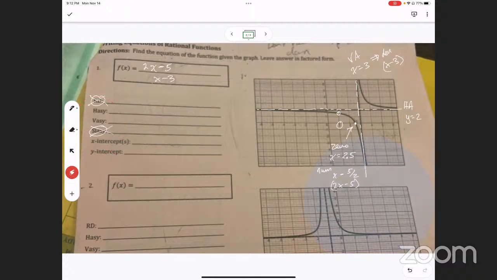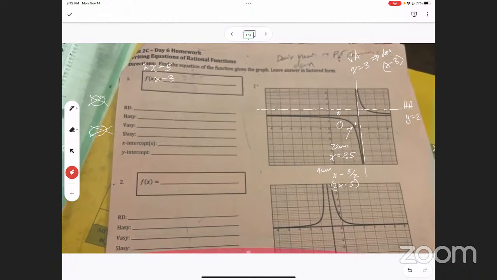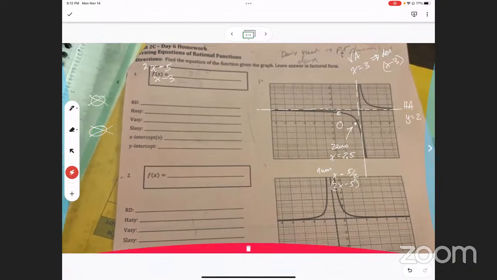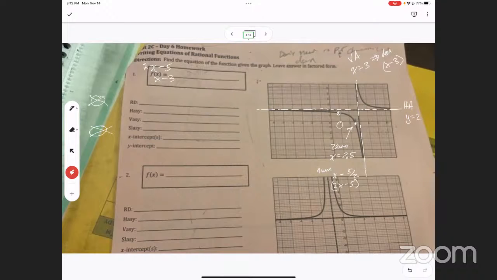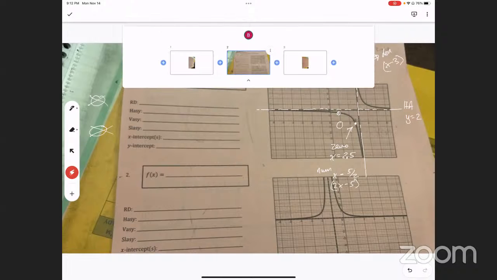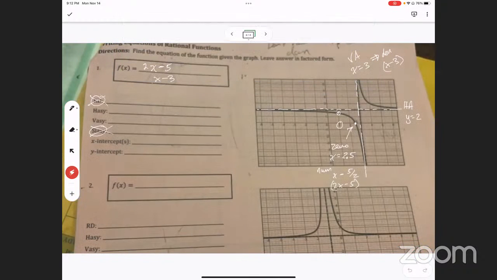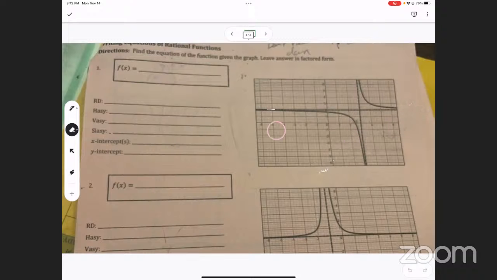Okay. So for the bottom one, same kind of deal. Here, let me duplicate this so I can write on this and not mess up the one I did already. So same kind of deal, right? You're going to take your